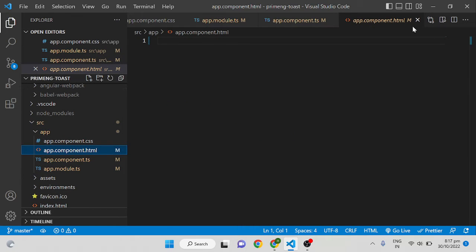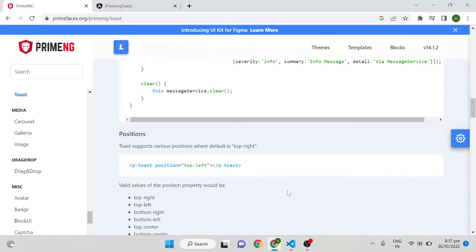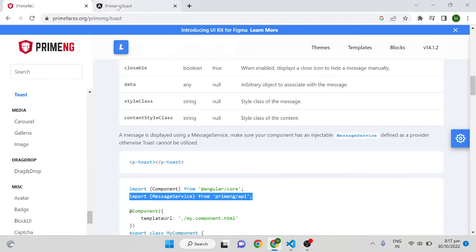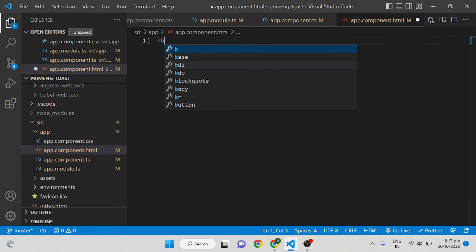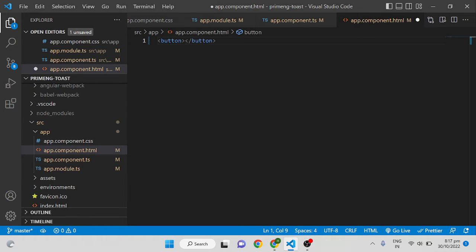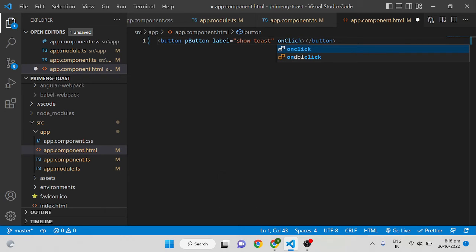The other step is, I am going to the app.component.html and first implementing a button. Okay, so in order to implement the button, I am typing p button, label equal to show toast, and on click of this button,